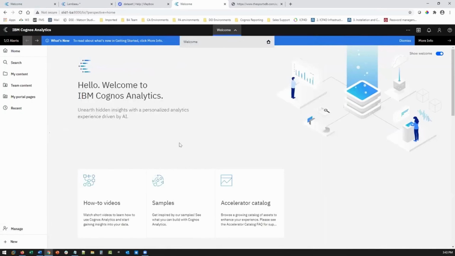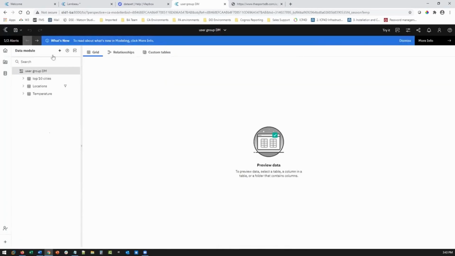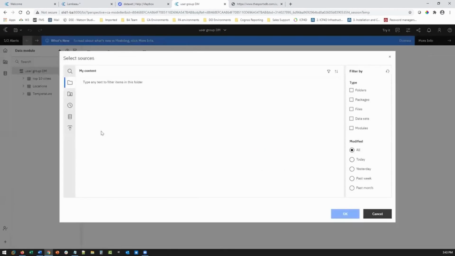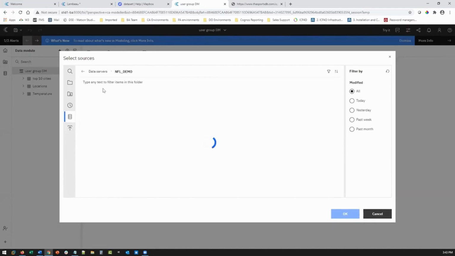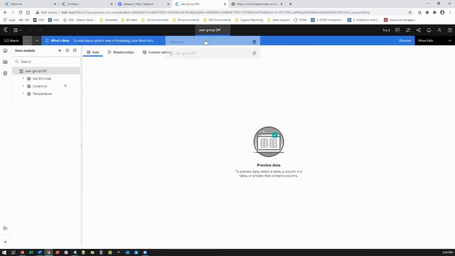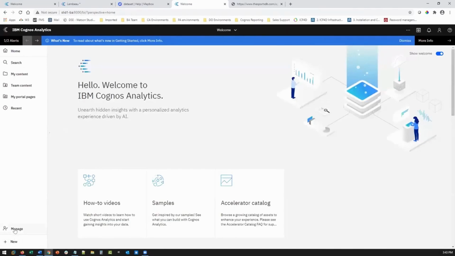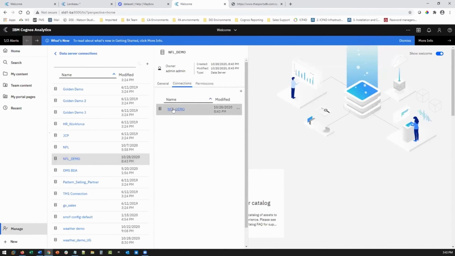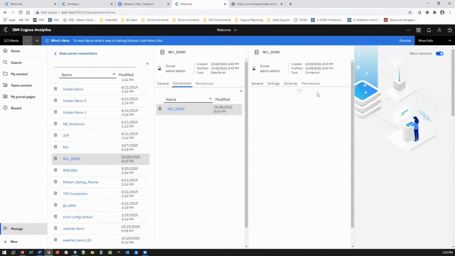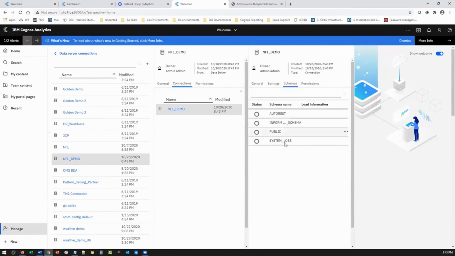Now let's go back into our game module, our weather stuff. Let's go to add new sources. Go to NFL demo. And did we load a schema? We did not load a schema. Always load your schemas. Go to NFL demo, Connections, Schemas. There we go. And I believe the schema that we want to load is